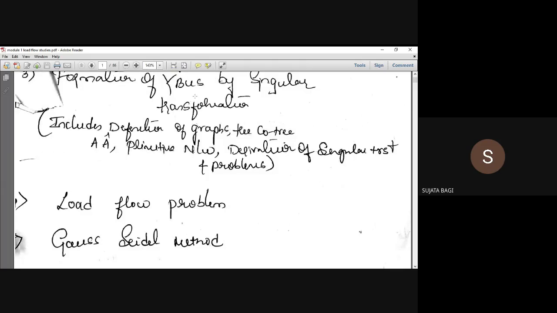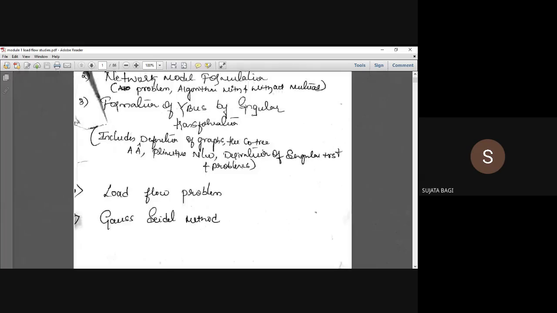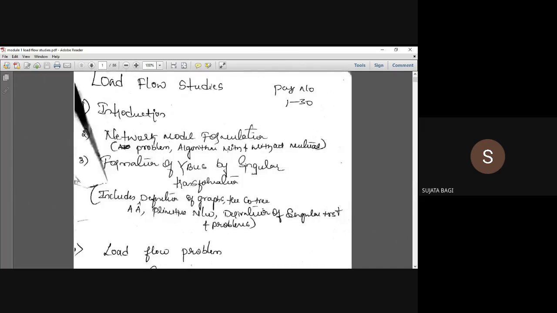To go through this, you have to understand what is a graph, what is a tree, what is a co-tree, what are primitive networks, derivations and all. I think you have studied these in network analysis. So these basics are very important. If the basics are clear, then the different techniques will follow. We use different techniques to solve the problems of power system, and these are the simple methods they have given. With different methods we analyze problems of power system, from simplest to complex.